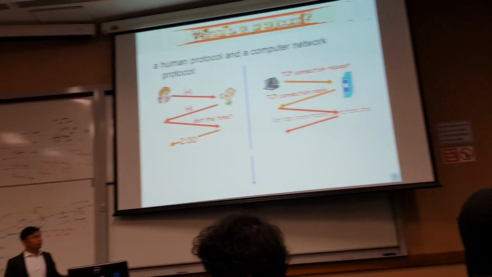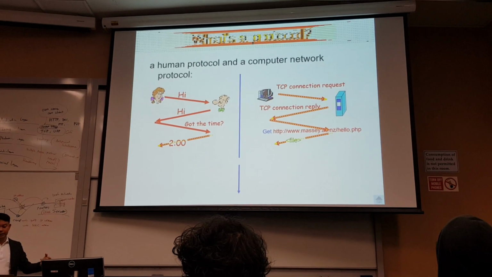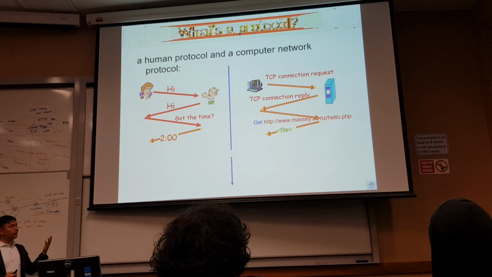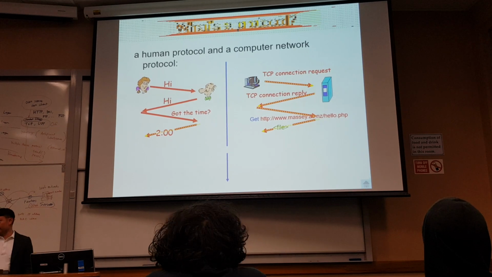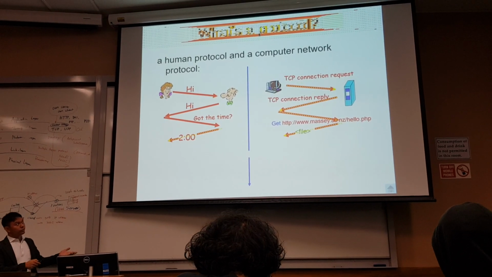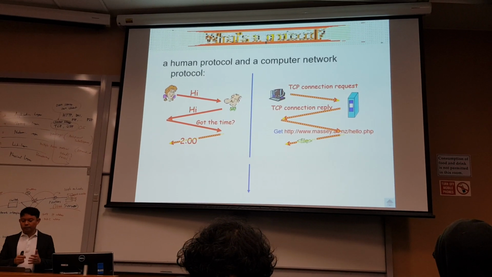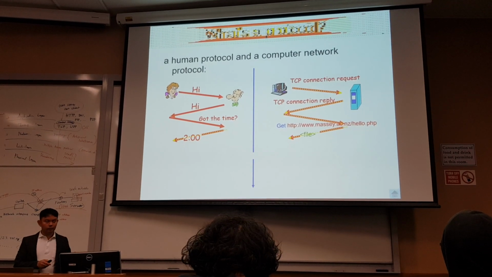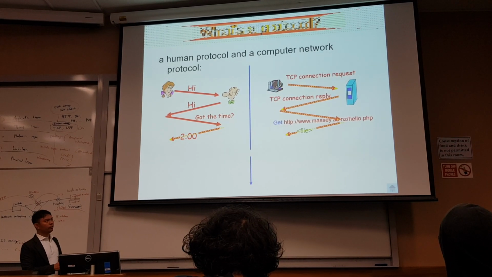For computer networks, network entities also communicate by following some rules. For us, it's rules of etiquette. For machines, it's a protocol definition. Just like the FTP server and FTP client. First, the client will initiate the contact. It's going to send a TCP connection request. Once a connection has been established, that's the only time it's going to request, say, get hello.php, and then